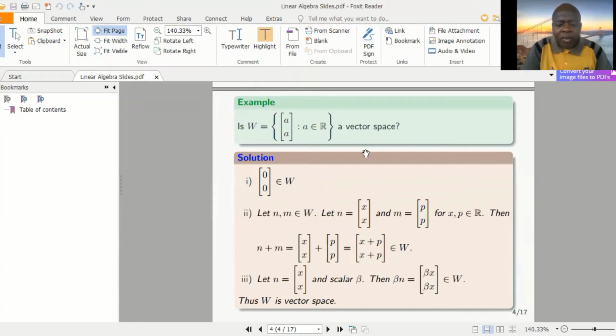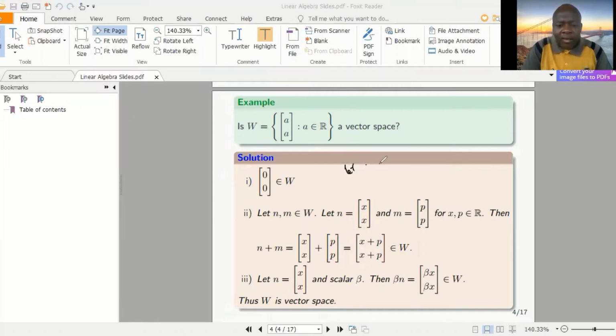And that is why I said that, because we are taking a as a real number. Of course, a can be 0 and 0, and so the zero vector is in W. Then I already have at the back of my mind that this will be a vector space. So I